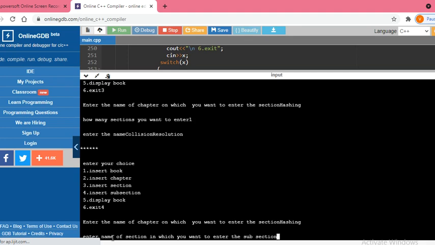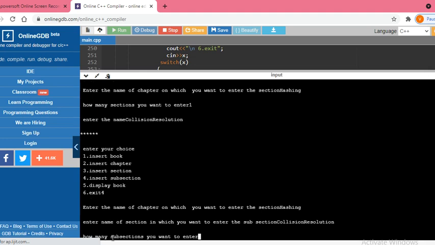The name of section is just created, that is collision resolution.